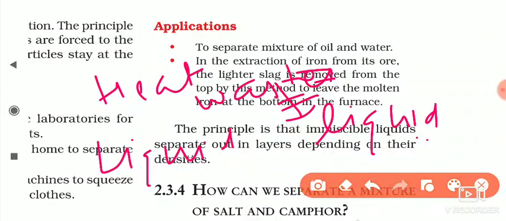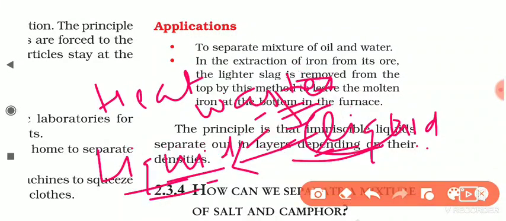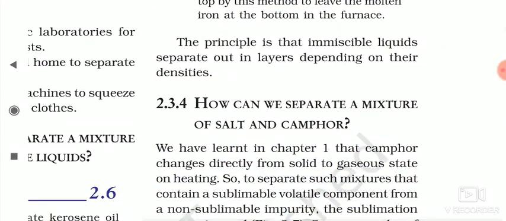Waste material that is left after metal has been removed from the rock. So both are liquids, but they are not miscible. They are immiscible liquids, meaning you can separate them by using the separating funnel. You know slag, slag means the waste material. Okay. Now the principle is